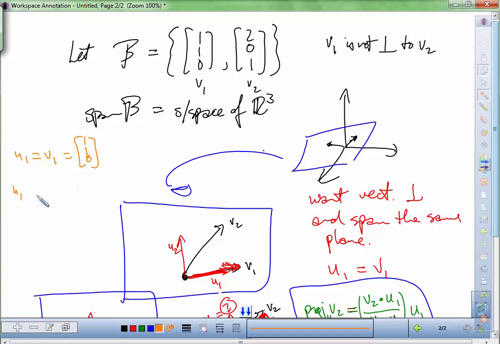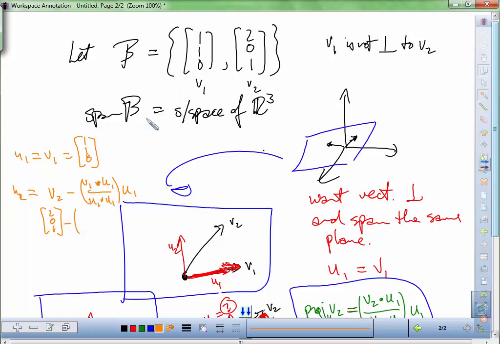And then U2 is going to be V2 minus V2 dot U1 over U1 dot U1, times U1. So V2 is 2, 0, 1, minus